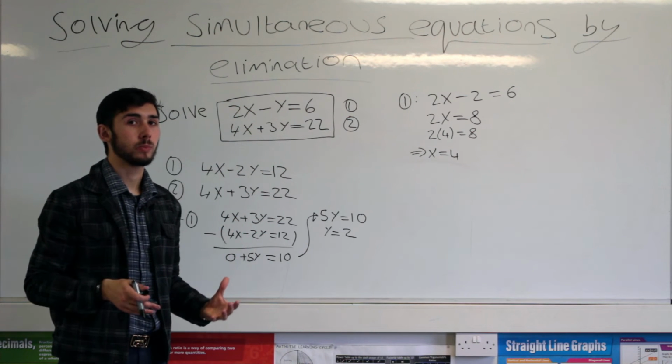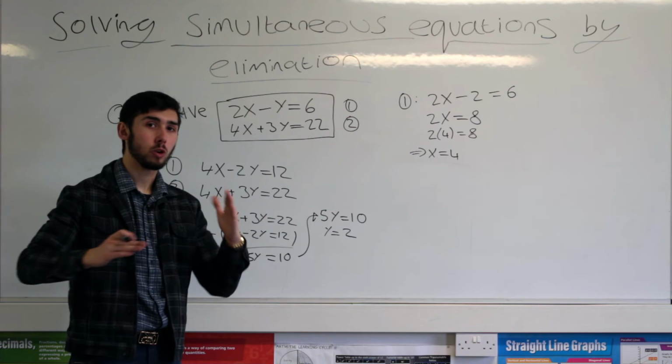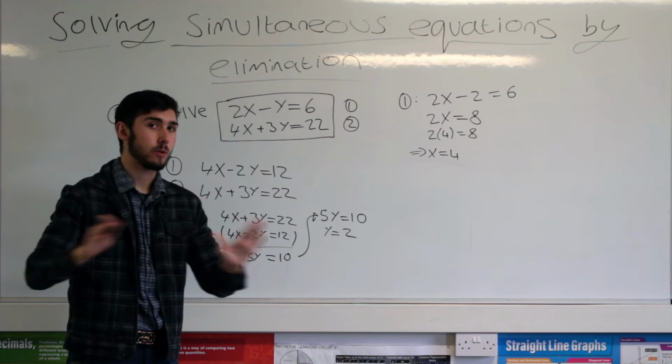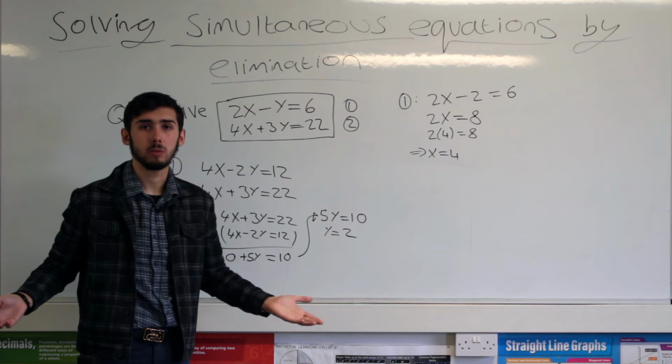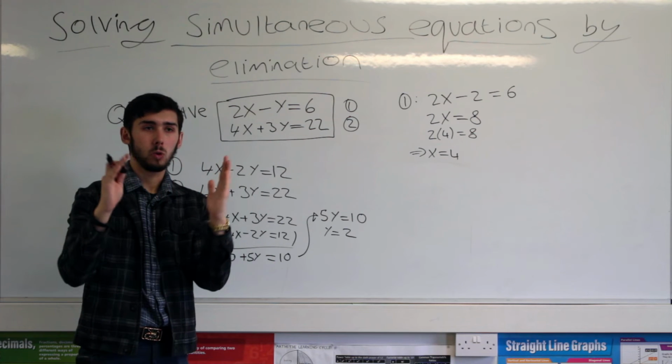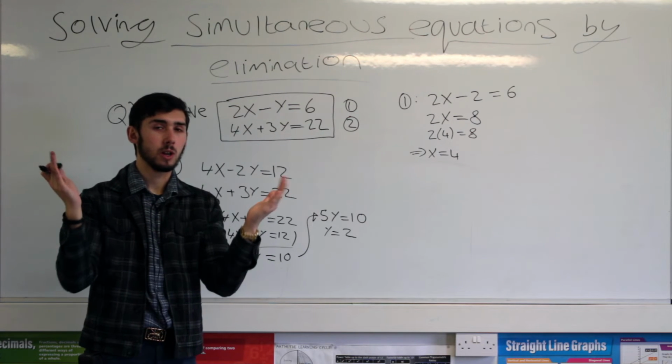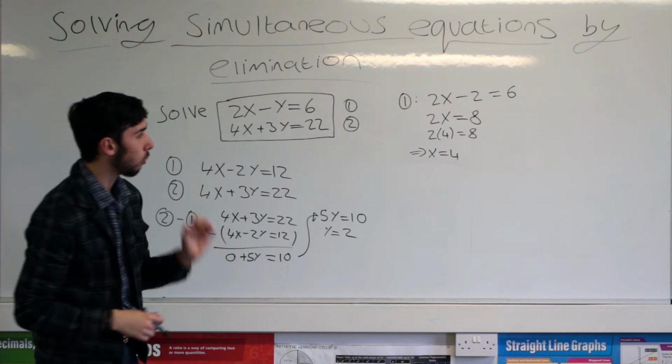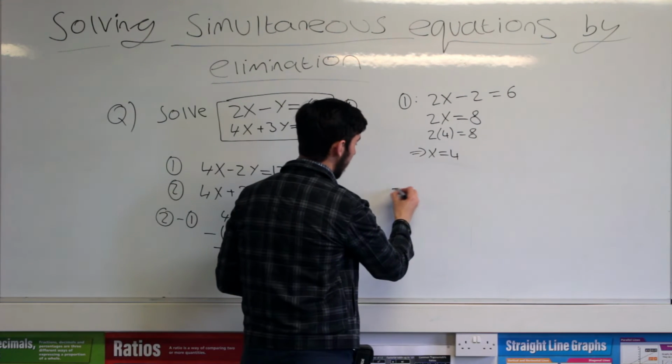They're straight lines. Straight lines can only ever cross once, ever. You can't have two intersections, can you? They either cross at one point, or if they're parallel, they won't cross at all. There's no solutions. You will not get two crosses. So you've got one x value, one y value. Therefore, you would say your answer